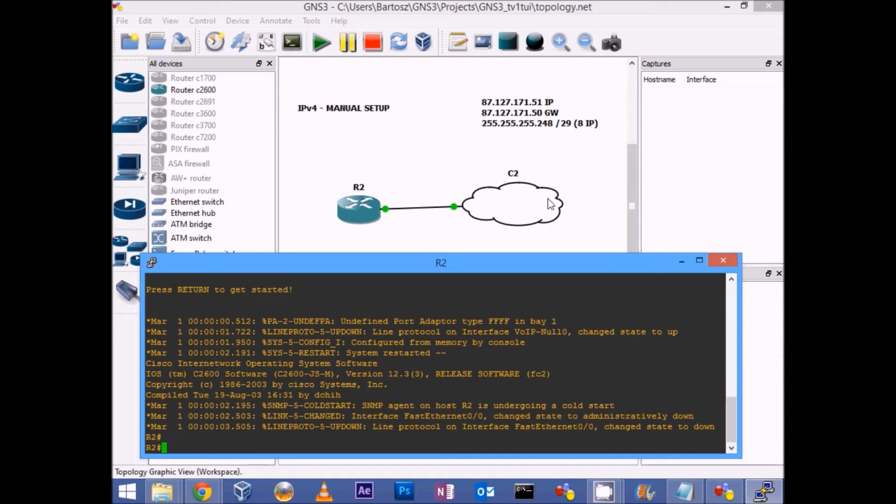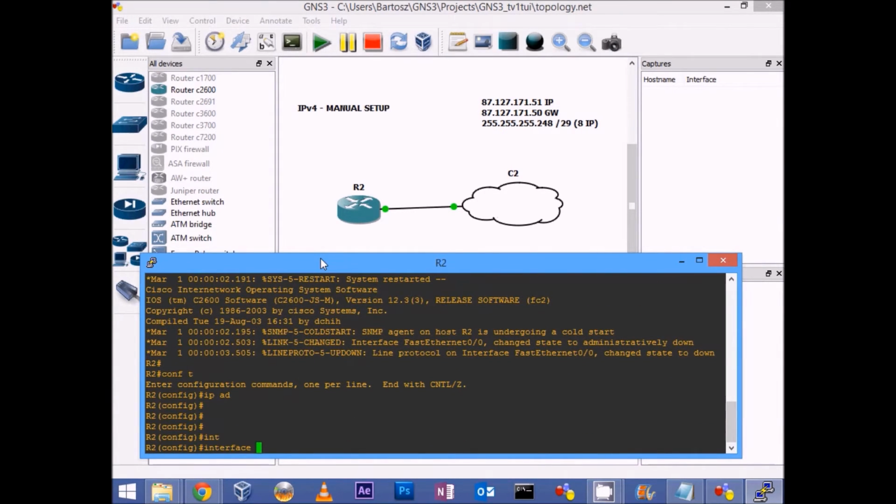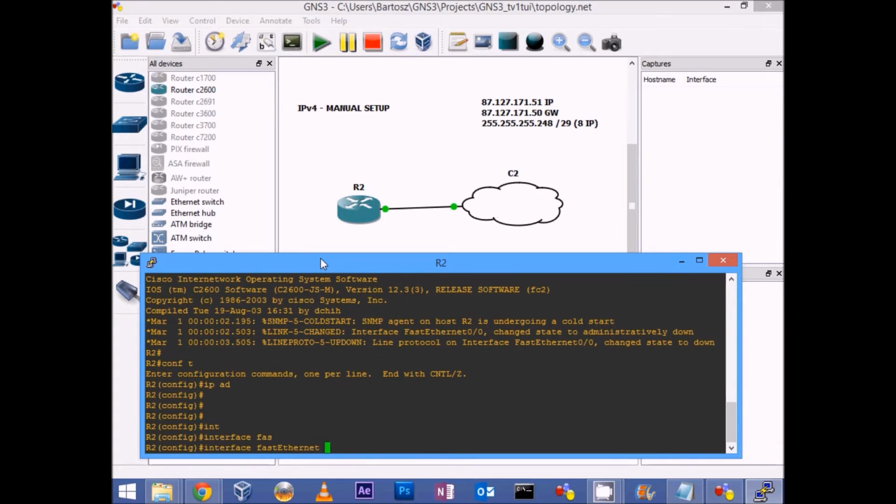So right now we need to set up IP address for R2 for interface fast Ethernet 0/0. So I have to go to configuration mode, interface fast Ethernet 0/0,